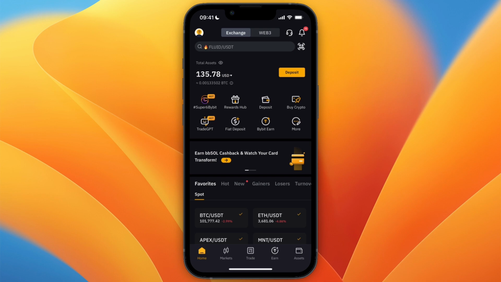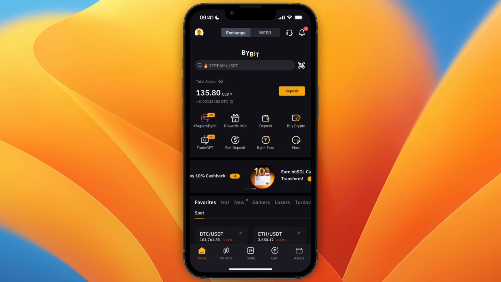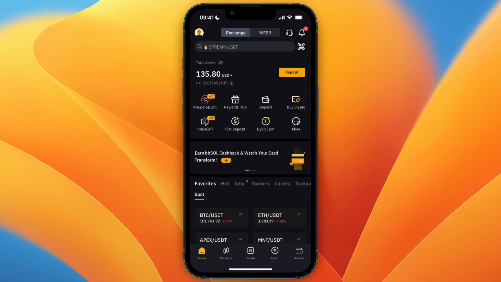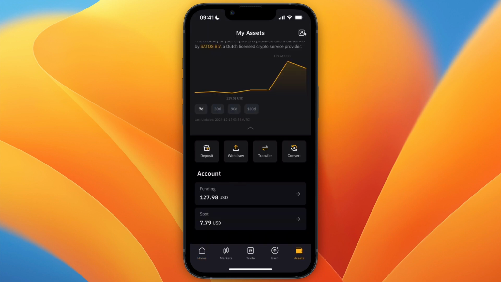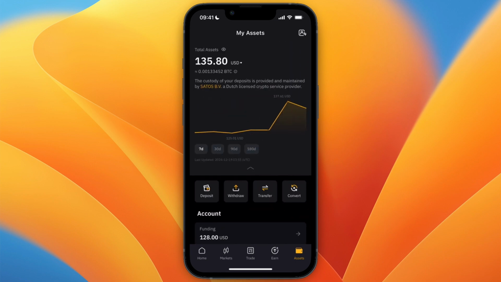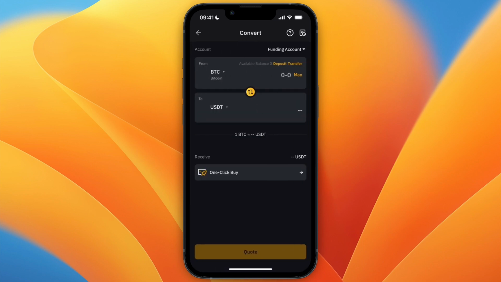In this video, I will show you how to convert USDT to Bitcoin on Bybit. To do this, just go and open up Bybit. This can be the app or the website, and then head over to your assets. Now once you are in your assets, you just want to go and click on Convert, and at the top